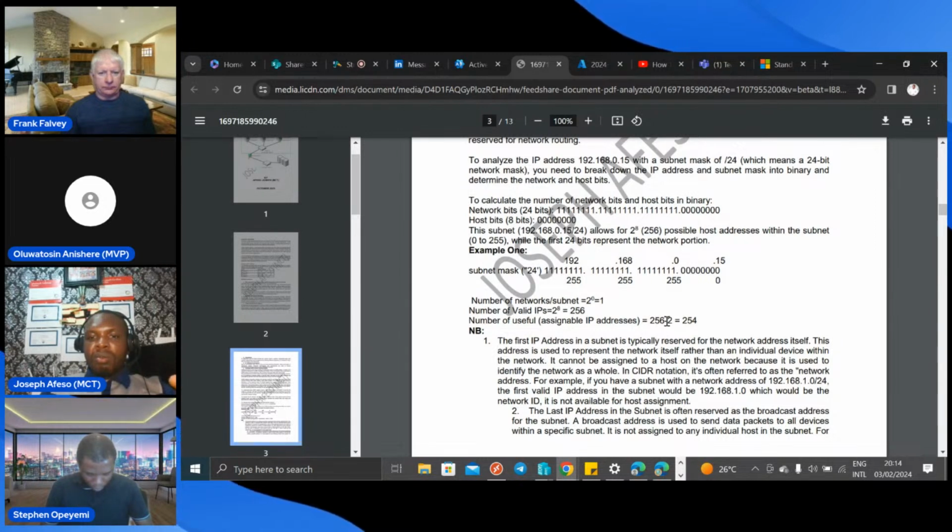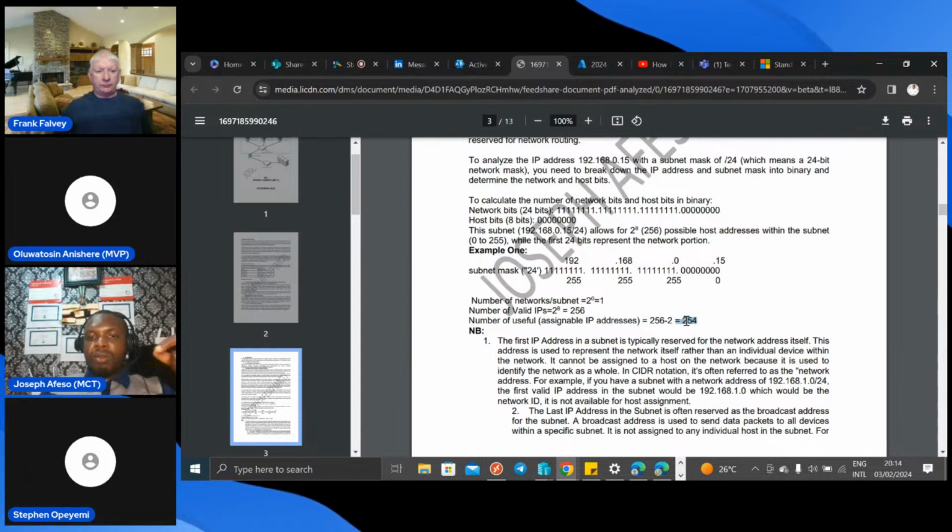And how this calculation comes to be is that 256 is the entire IP range. The first IP, which is the network ID, the dot zero, you are going to see all of this. Dot zero is the network ID, while the last IP is for the broadcast. Therefore, you have to minus two. So the assignable IP here is actually 254. But usually network administrators may decide to use the dot one. Dot zero is the network ID, while the dot one is mostly used for the default gateway, and the last IP is used as the broadcast.